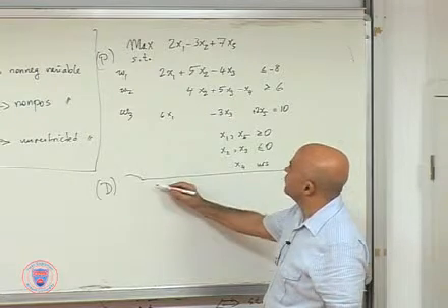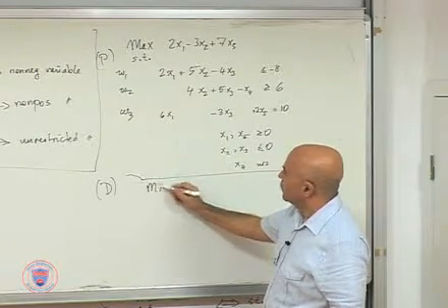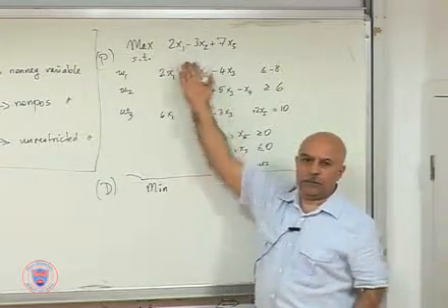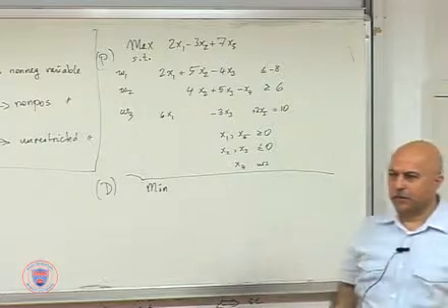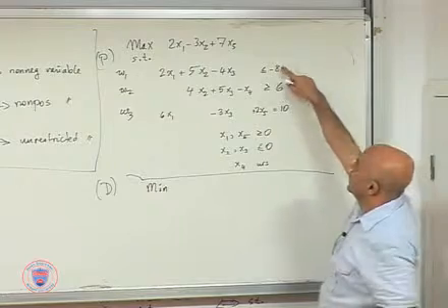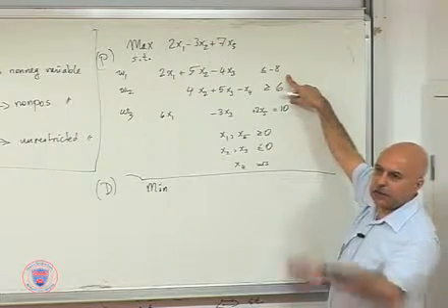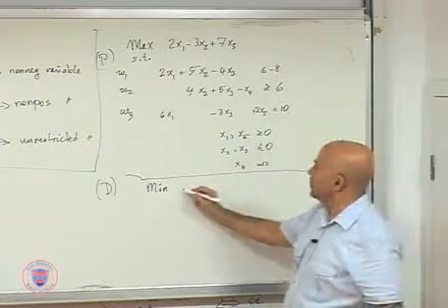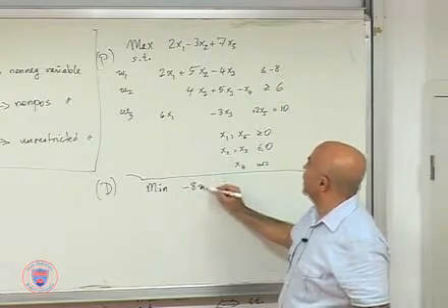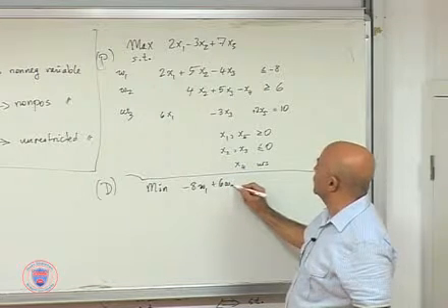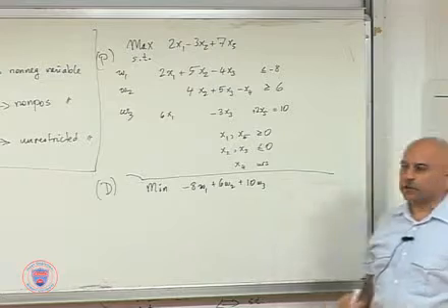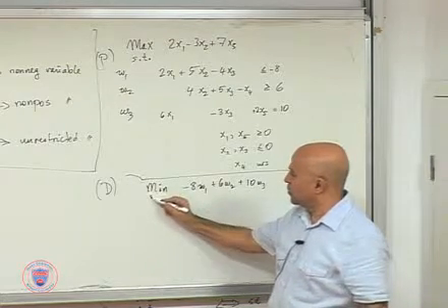Now, the dual problem is going to be a minimization, because whenever you have a maximization in one problem, the other one is always a minimization. And the right-hand side, the b vector, becomes the cost coefficients. So minus 8 times W1 plus 6 W2 plus 10 W3. That's your objective function. Subject to